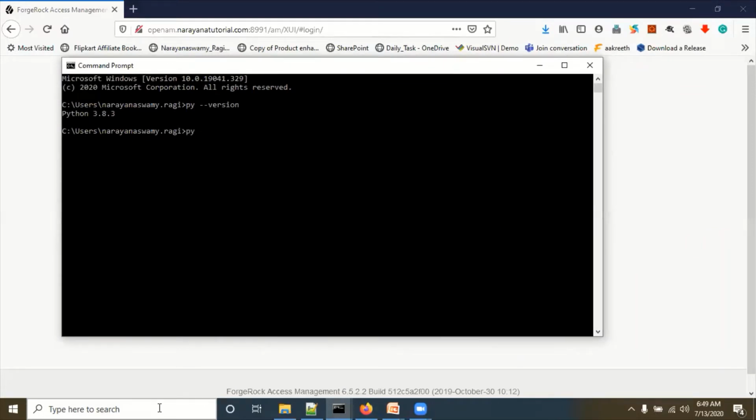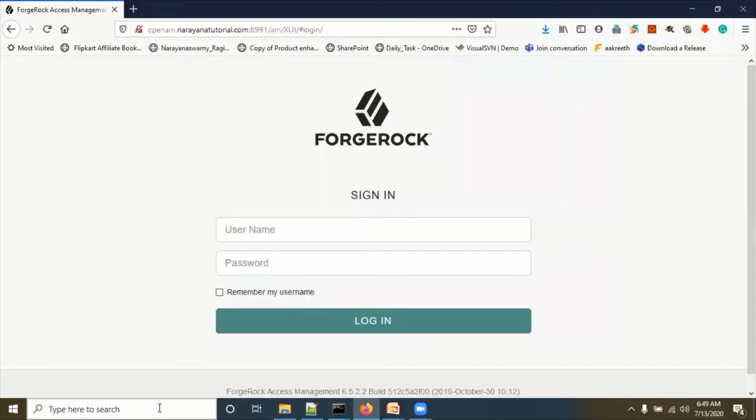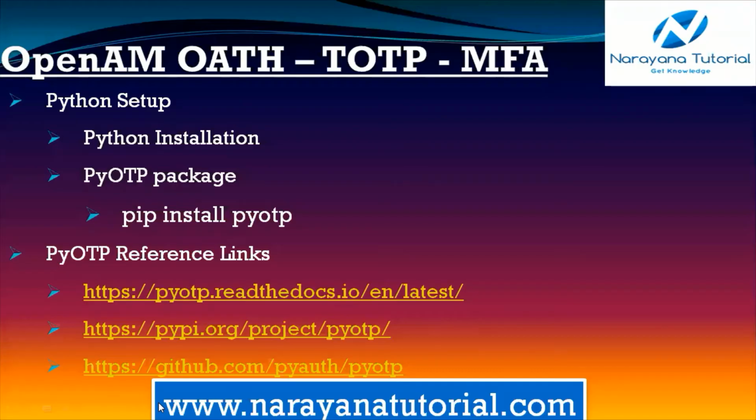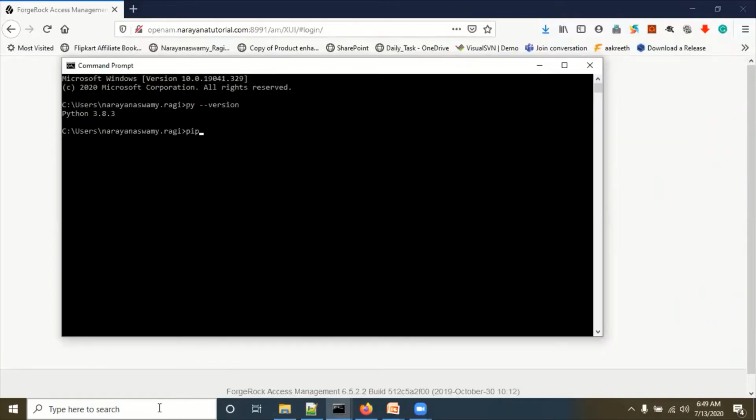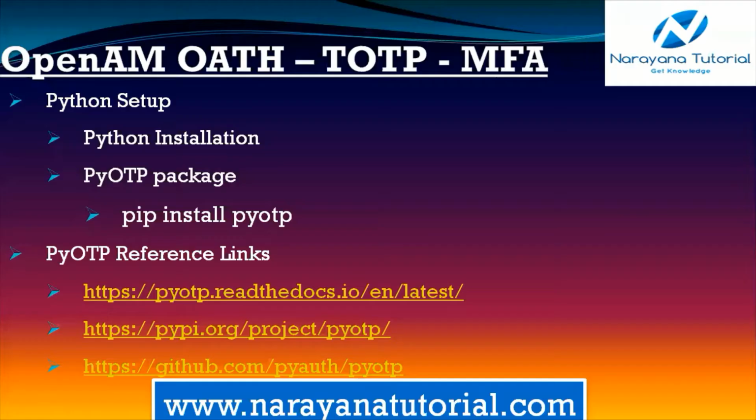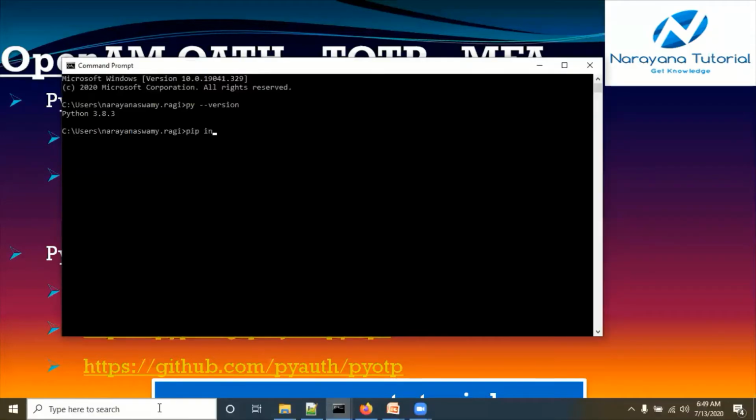Now we type pip install pyotp, the same command, and hit enter.